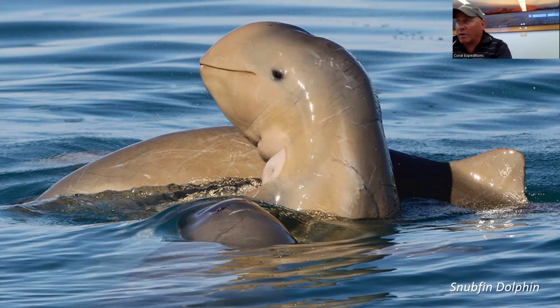And it is one weird looking dolphin. It has a very different shape, and it has a neck, and that neck can turn 180 degrees. So it can be swimming one way with its neck looking back the other way. It's because it pokes up and looks around. It also,